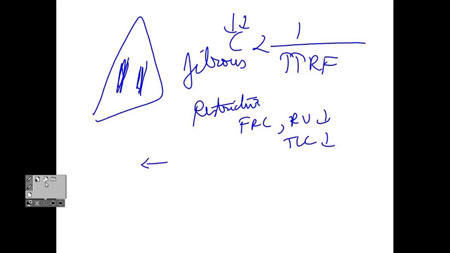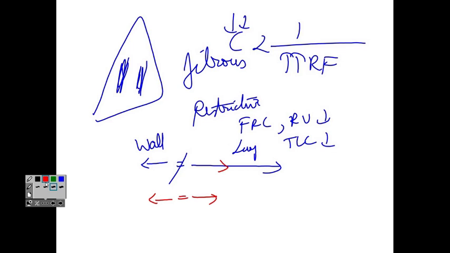So what happened to the two arrows here? The recoiling force of the lung in fibrosis was greater than the chest wall. Equilibrium was disturbed. Therefore, somehow you want to get these two arrows back to the same distance or height. So what should you do to the recoiling force of the lung? You have to decrease it. So how can you decrease the recoiling force? By stretching it less or more?